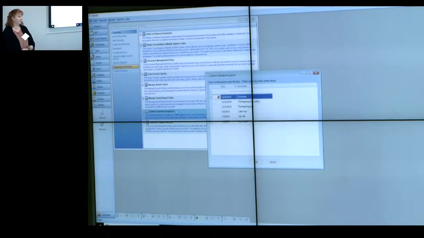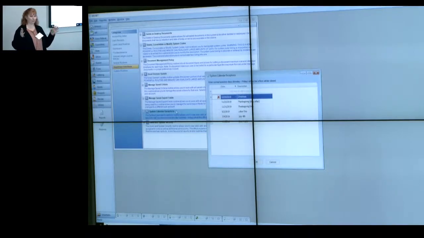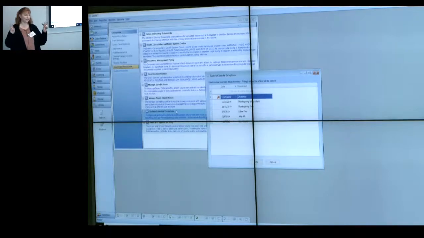So here's system calendar exceptions. This is for tracking non-business days. So Monday through Friday, a regular business day, but there are days that you're going to be closed: 4th of July, Christmas, those types of days. So as I said, we can tie this into the automated emails that Phil spoke about earlier today. And if you want to have one of those emails sent out X number of business days before something,